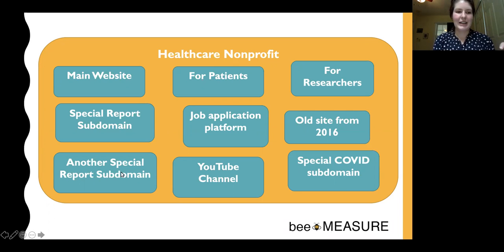Besides the fact that it's kind of confusing, it's a lot harder to manage, because these all have separate tracking IDs, so the analytics is tracking separately. So if you did something to the main website, you're like, oh, we need to track clicks on this button. And then you set that up. Oh wait, that button is now also on the job application platform, and it's on our special COVID subdomain. So oops, now we need to set that tracking up for these other sites too, since they're all separate.